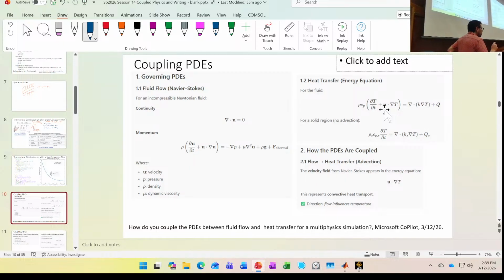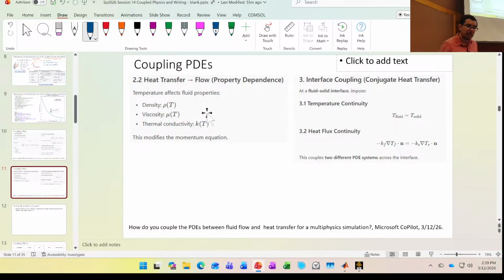This is where, if you see, okay, if I have a lot of flow, all right, it's going to affect the amount of time it takes for this system to heat up or cool down, okay? And then if there's no flow, no advection, all right, then this term goes bye-bye, all right? The flow, right, this u dot the gradient of the temperature, this affects heat flux, and they make some good points.